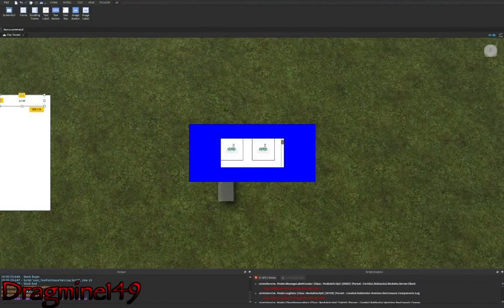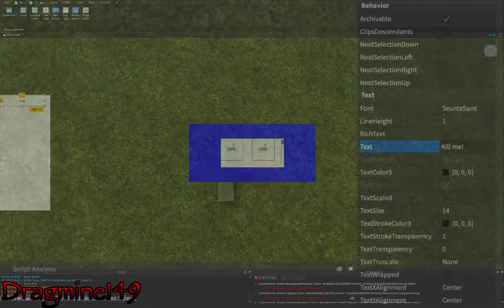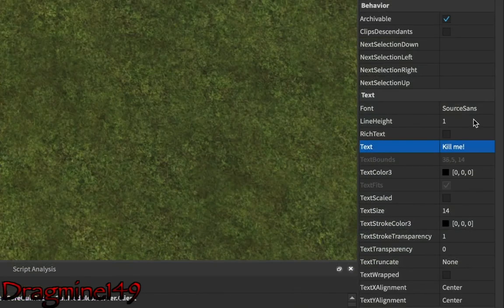What this would do is when you click it, it would kill you. Text color is text color, text scale is basically text size, but Roblox does it automatically, so with the text size you don't have to worry about it.